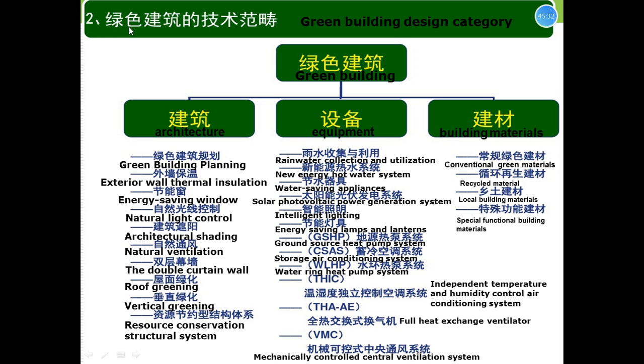Small two. The green building design category. This includes three parts: architecture, equipment, and building materials. Architecture includes many sites: green building planning, exterior wall,